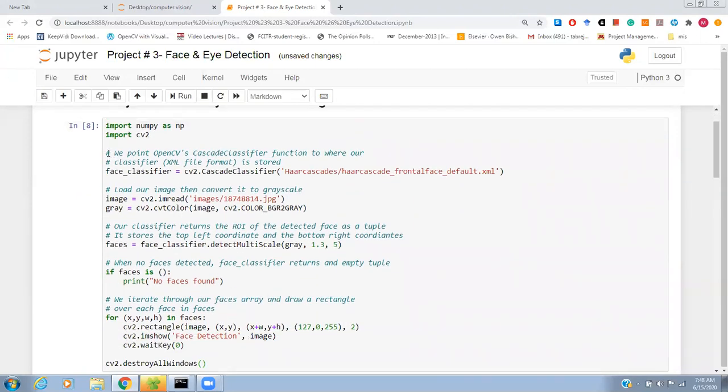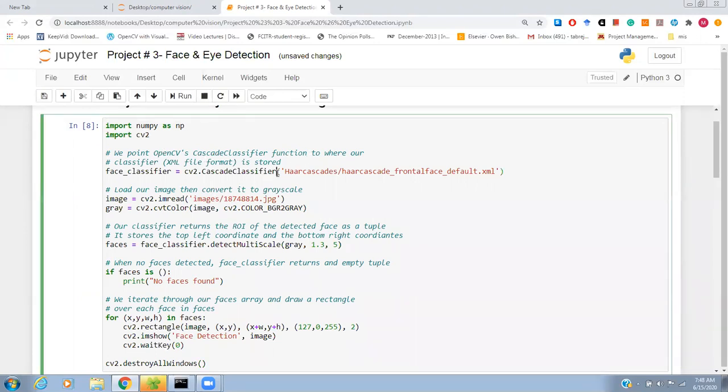Okay, so first I'm going to discuss this program. We are going to use the OpenCV CascadeClassifier function. We already installed this file. You can find this file over the internet, and we save it in this folder.